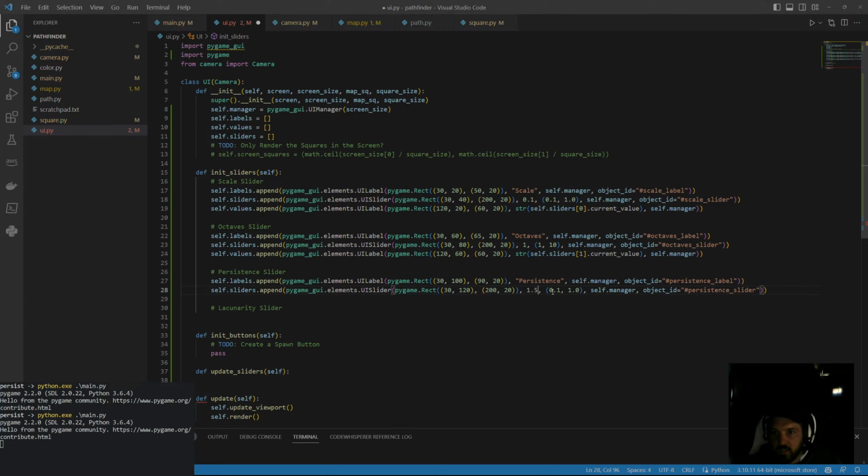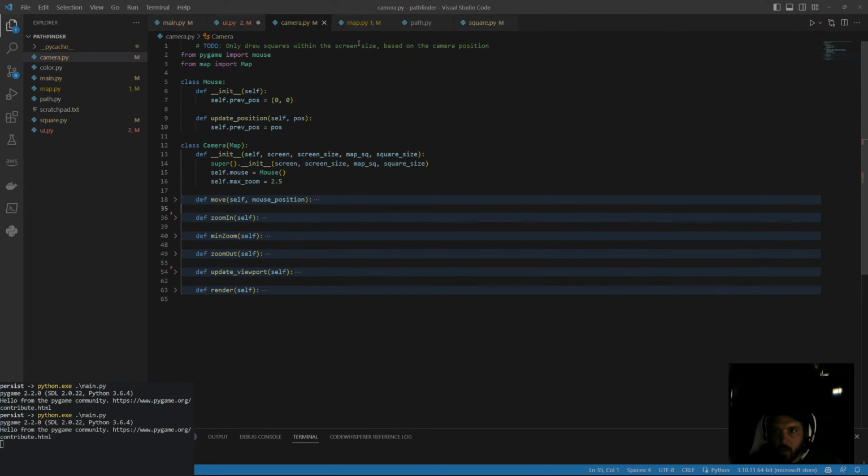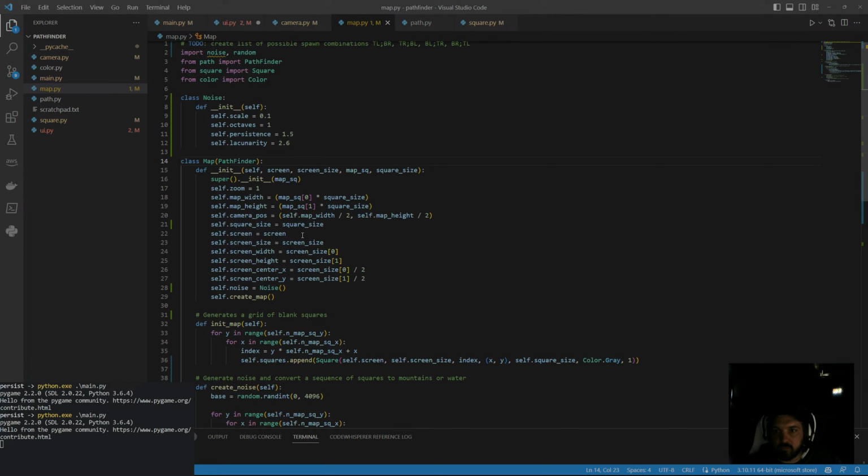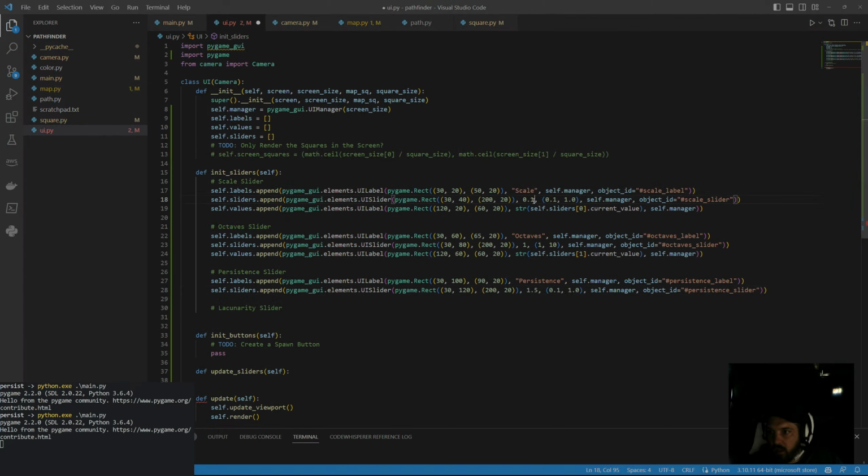$1.5. And so here we can actually use these values. So we can say self.noise.scale, self.noise.octaves, self.noise.persistence,